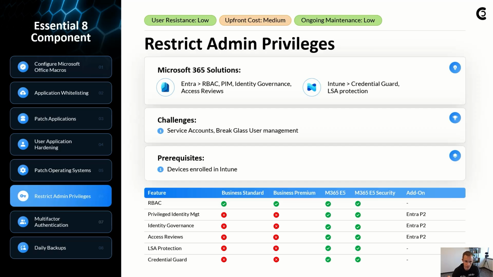And then that goes into some identity governance and access review layers, which allows you to manage the life cycle and automate some of the periodic review process where you'd want to be checking those levels of access, as well as just reviewing those accounts in general. On the Intune side, you also have some protections there for local admins on devices. Things like Credential Guard and LSA protection are policies you can push out via configuration profiles